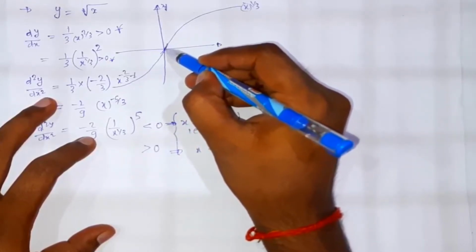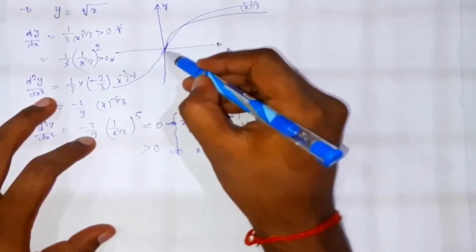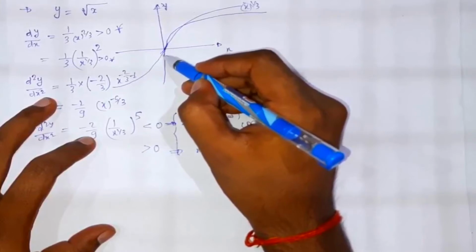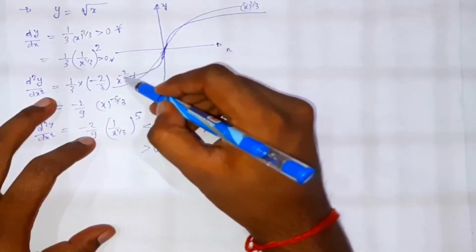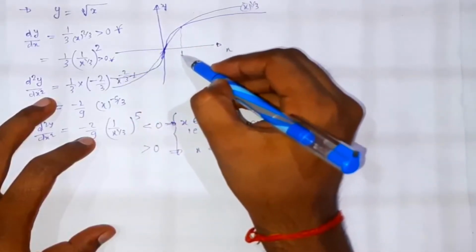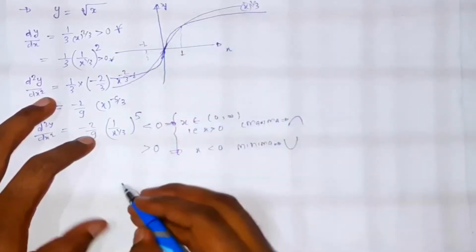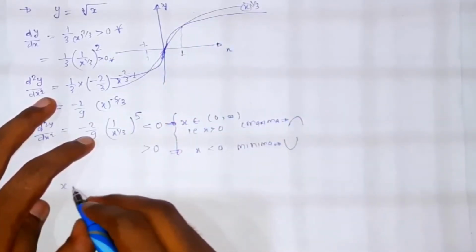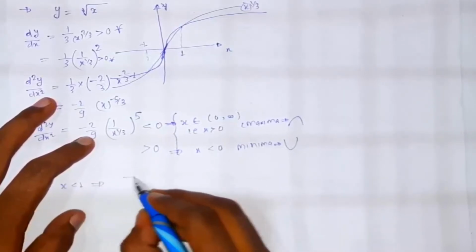It will be like this. It will go like this. I hope it is clear to all of you. This is 1. This is minus 1. I hope it is clear. Because for the values of x less than 1, greater than 0, this portion